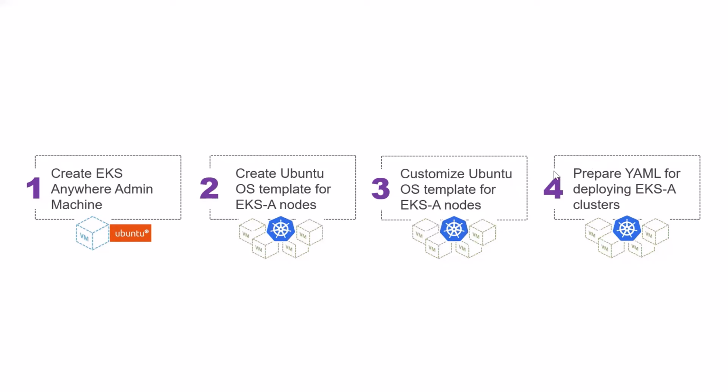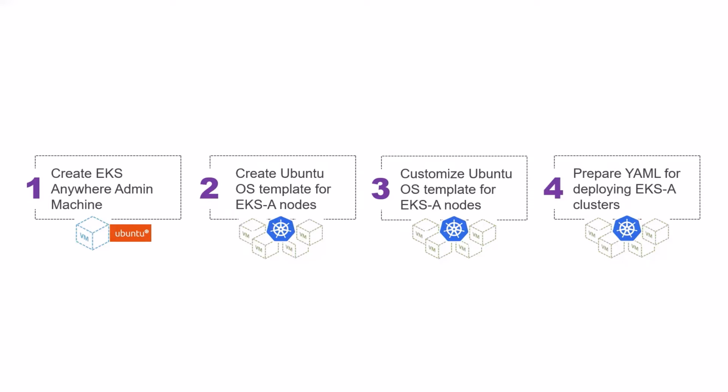Now, at this point, we will be understanding how to prepare the YAML file for the EKS Anywhere cluster deployment. This YAML file is basically used by the cluster API, which operates under the covers. And we really don't get to see that interaction at a detailed engineering basis, let's say that. But the point is that with the EKS Anywhere software, when you issue the command to create a cluster, you have to supply a YAML file. And that YAML file is an opinionated and declarative set of resources, both in terms of the